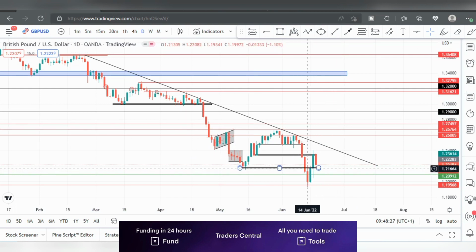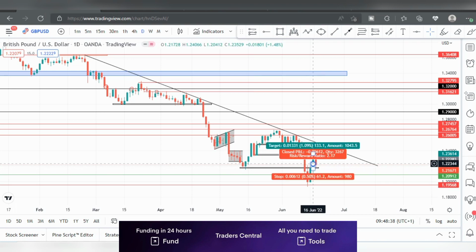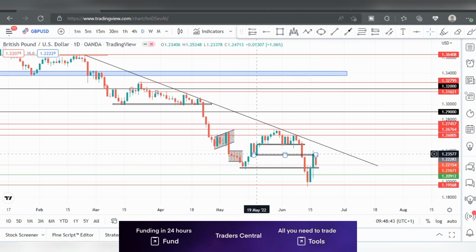Also on the daily time frame, we can see that when price got to this support level around the 1.195 area, 1.2 area, price rejected off from this bullish engulfing candle and then continued this bullish move as well. Price later got to this resistance area around the 1.235 area and rejected off it as well, back down to this previous resistance turned support, and that is where we are currently, and that's where we'll be looking to capitalize on